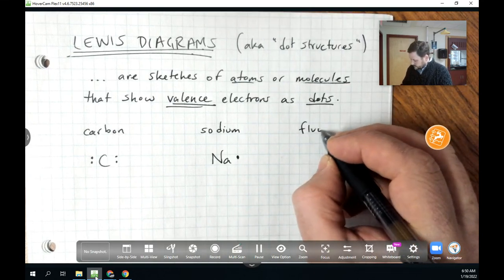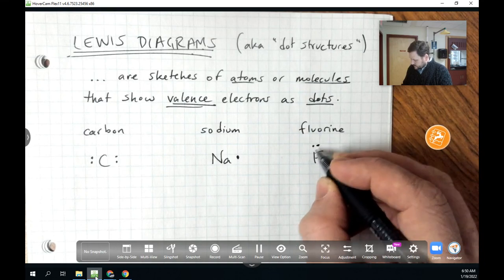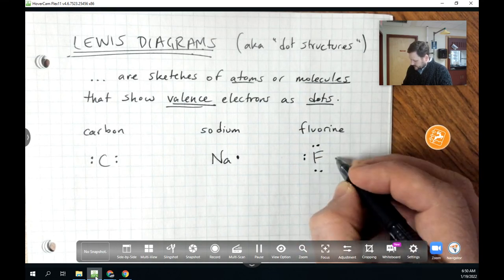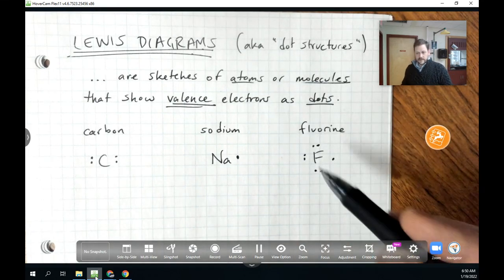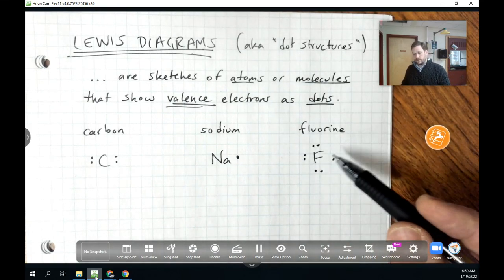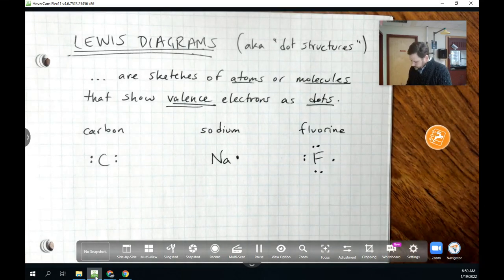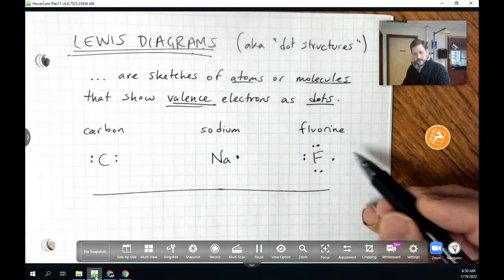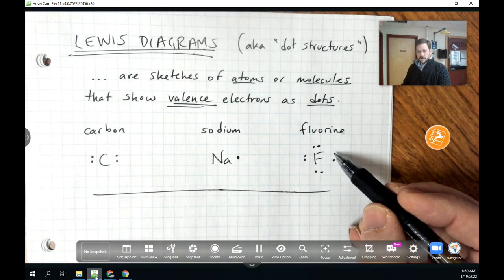And something like fluorine, being a halogen, it's in group 17, so it has 7 valence electrons. So I'm kind of drawing them north, west, south, east, just to pair them together and make it easy to see where, for instance, a vacancy exists. Like I'd think about that as a vacancy for an electron